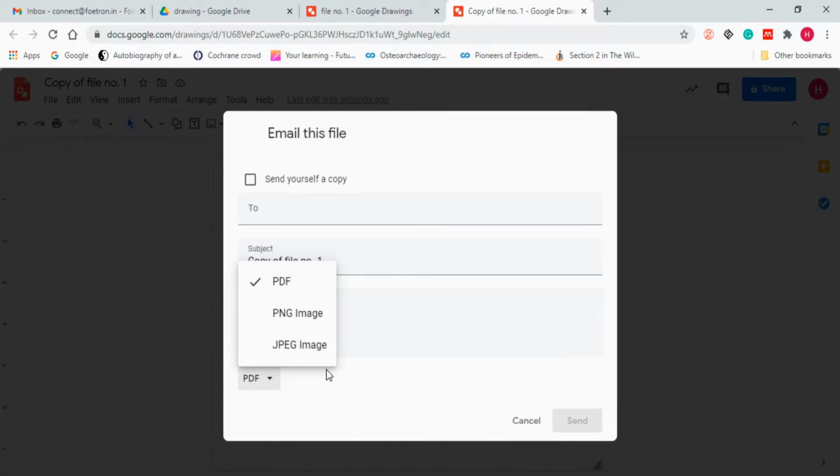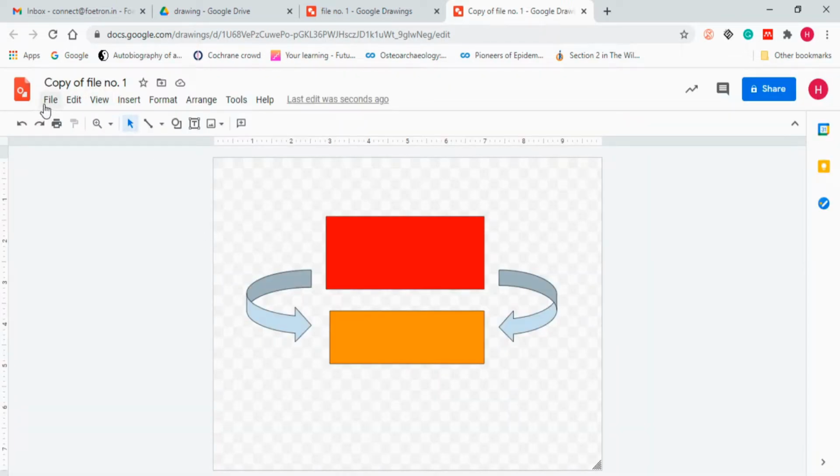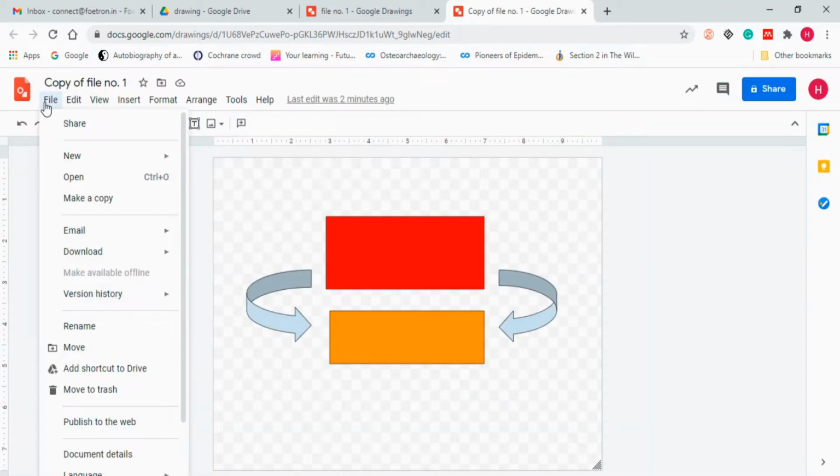So this is the main difference that you should remember. While emailing, you can email directly from here as a PDF, PNG image, or JPEG image. You can write a message, and to whomever you want to send, you can send it. After that, you can just click on send and it will be sent.